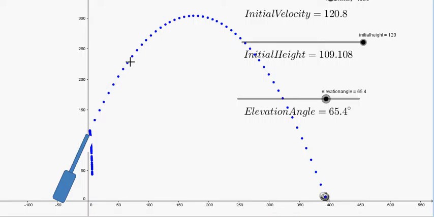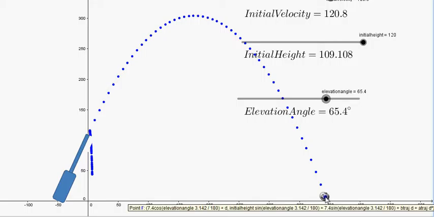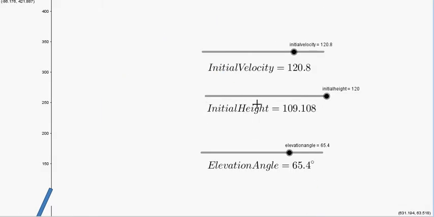I want you to look at the trajectory, though, the path of the pumpkin. You'll notice it looks similar to the graphs that we did of quadratic equations. We're going to talk more about that. Last thing I want to do, though,